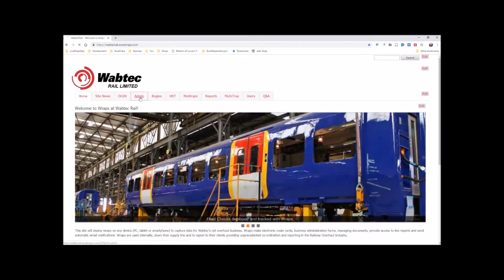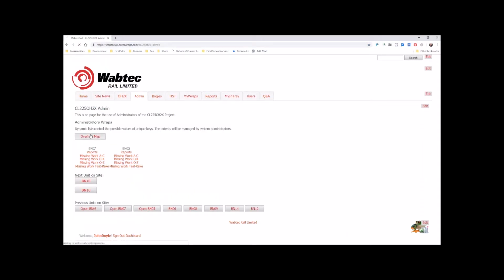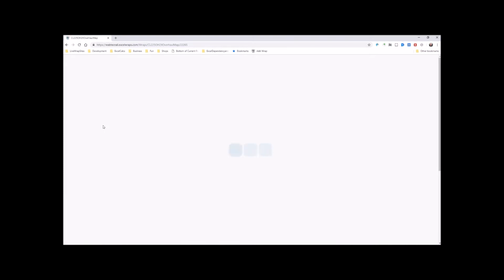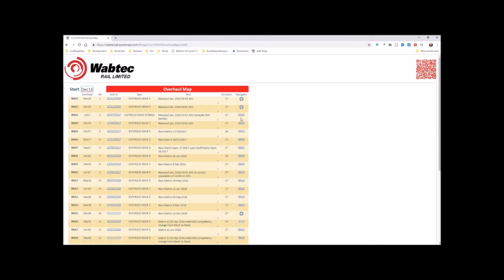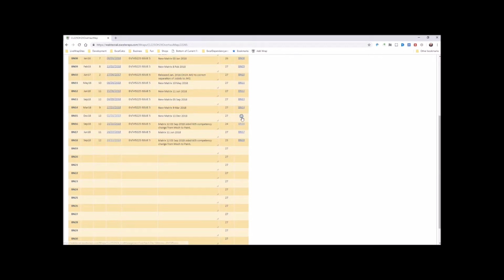First of all I'm going to go to this admin button here. If I go to the overhaul map, there's a little helper here so that I can initialize the navigation page. I want to create a navigation page for BN15. It uses Matrix 3. It starts on the 2nd of January 2019, and I'll click into here, and it should tell me that the navigator doesn't exist. So the unit management doesn't exist, but we've got a couple of unique keys here. Overhaul is December 18, BN number is BN15. Do you want to create it? Yes, okay. So this then becomes the navigation button,